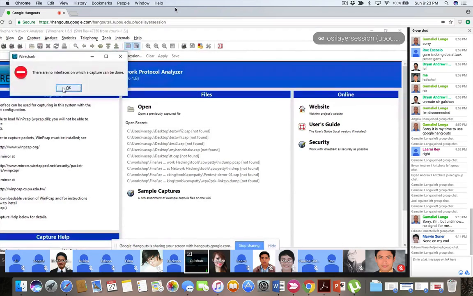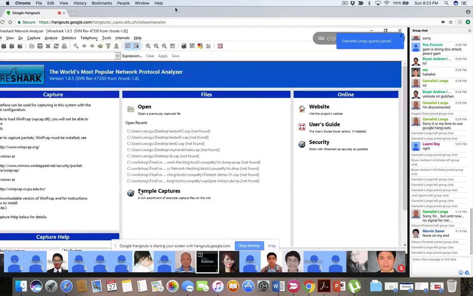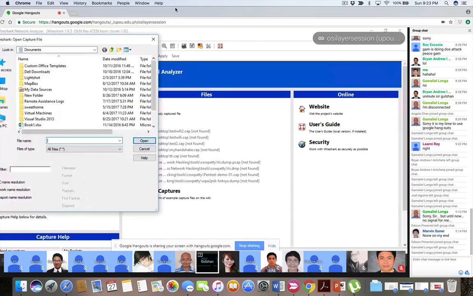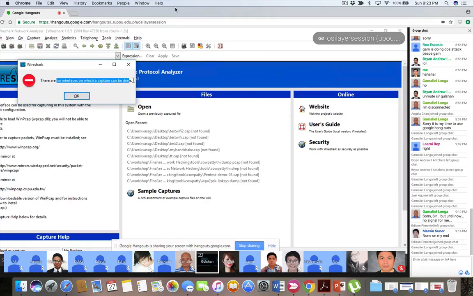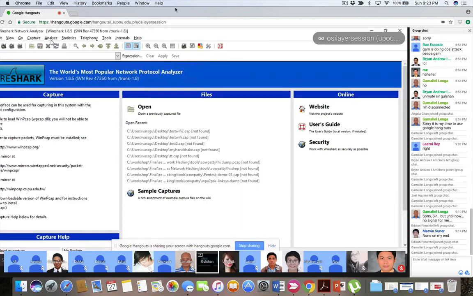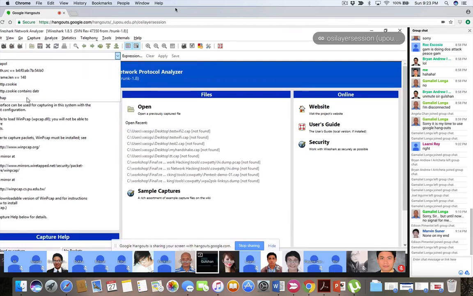Otherwise, you select the interface, click capture, and you can see all the traffic coming and going out of this machine. Yes, sir, but you have to check what kind of connection you have first. If you're connected both on Ethernet and your computer also has wireless, it will show as an option. Yes, you need to install. I don't have an installation, so that's why it's showing nothing. Then you can analyze by applying filters. There are already many kinds of filters available that can be used.